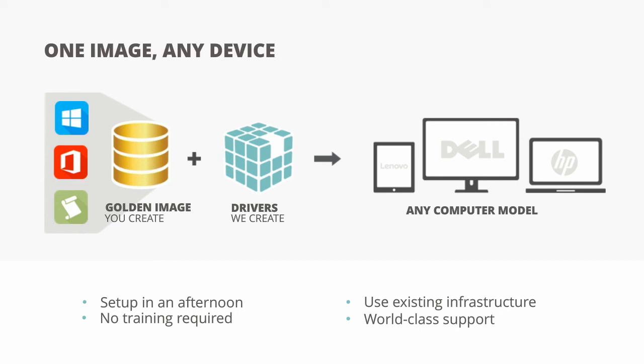So the way SmartDeploy works is you get to make your golden image based off of the software that you like. Sticking true to our roots, we love virtualization, we love virtual machines, we use it every place we think that it makes sense, and this is a place we think it makes a ton of sense. Grab your volume license media, Windows 10 freshie, and create a new virtual machine, slap that operating system on it, go ahead and run Windows updates, make sure it's all patched and happy and looking how you want, and then just shut it down. SmartDeploy will take care of the rest. So it's cool. You get to create and maintain that virtual machine over time and run Windows updates and recapture it over and over and over.